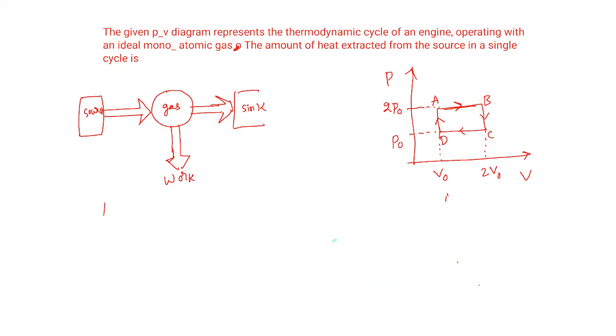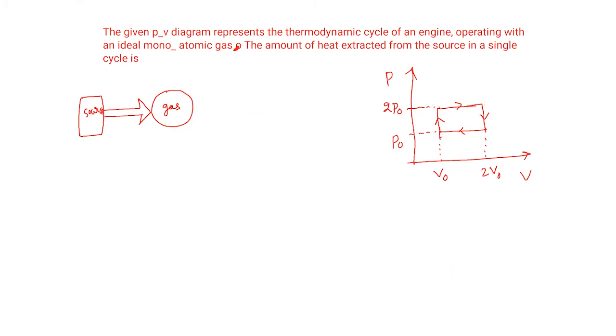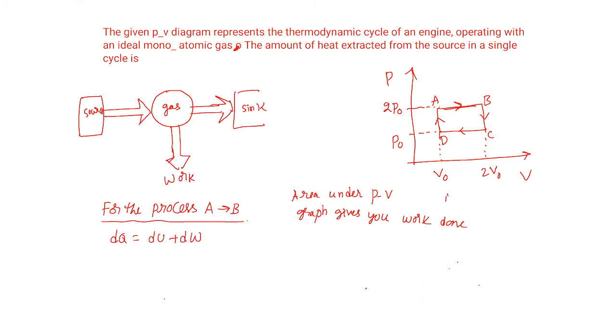Okay, one more example. So like this, you can find the sign of work done. Area under the PV graph gives you work done. Like this, you can find the sign also. Now, see this. We have a PV diagram like this. Basically, work done is dW equal to P dV, the fundamental formula. What do you mean by dV here? Change in volume. Am I correct?